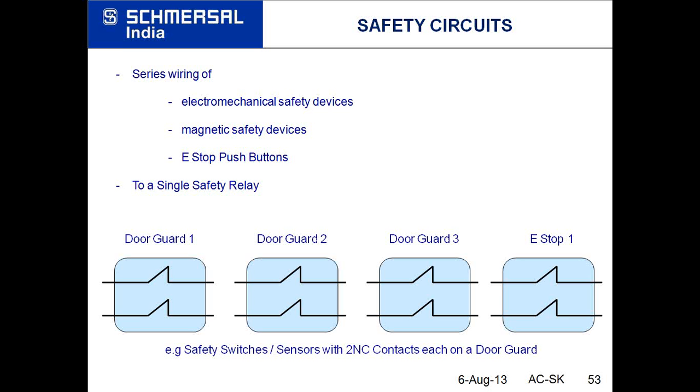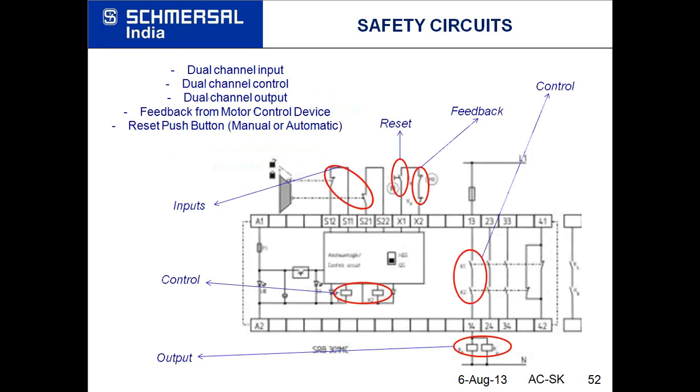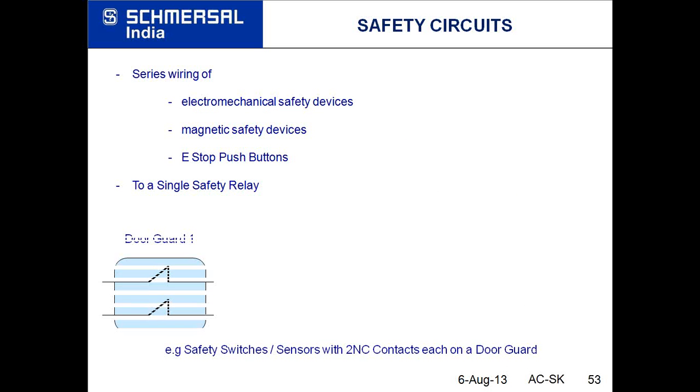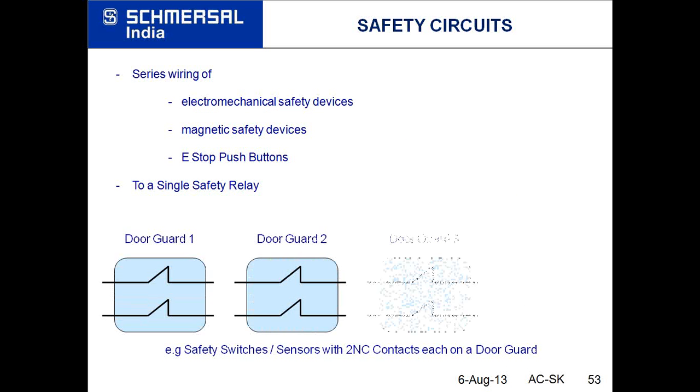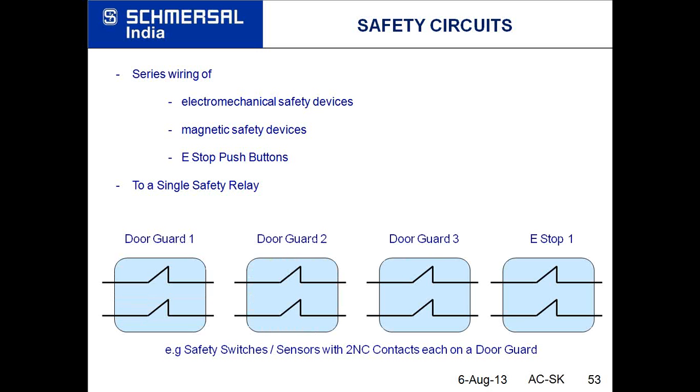Okay, this is one of the methods of connecting safety devices to achieve performance level D or control category 3. Just going back, on the input side we can have the safety devices, and there if we wire many devices in series, the diagnostic coverage of the system decreases. But if we wire only one device, then the diagnostic coverage is high. So if we wire many devices in series, because of the low diagnostic coverage, the system can meet only performance level D or control category 3. The diagnostic coverage is still medium.